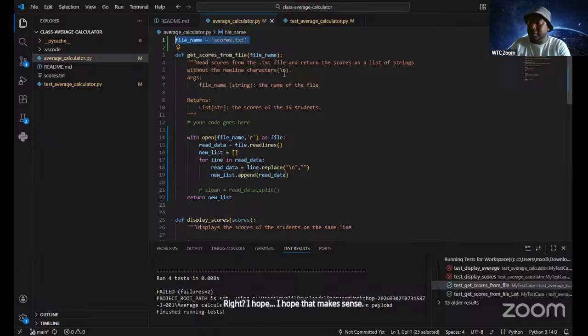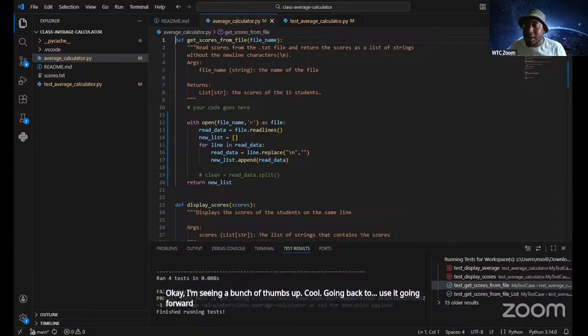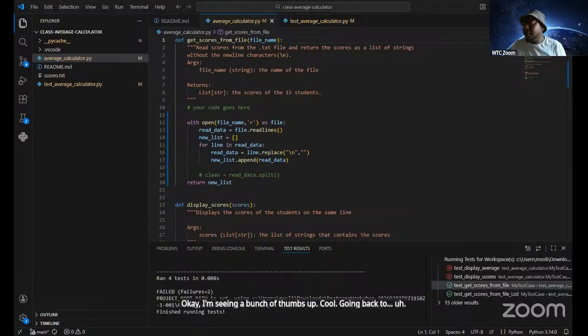Okay, I'm seeing a bunch of thumbs up. Cool. Going back to Paseka, who asks, is it wrong to save a file name in a variable, then use it going forward? Okay, perfect stuff. I think I also covered the question that you're asking, Paseka.